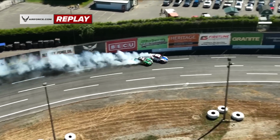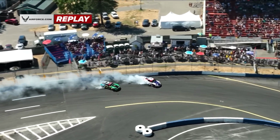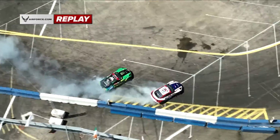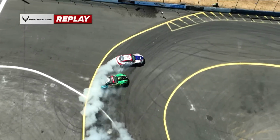Great initiation from both. You can see Castro pretty high in outside zone 1. Could be slightly tighter there, but you see in the chase position, Joao's got a little bit less angle, and it decreases as he gets further down the zone. In the lead, Castro does a great job on 2, misses outside zone 3 ever so slightly there, but Joao's